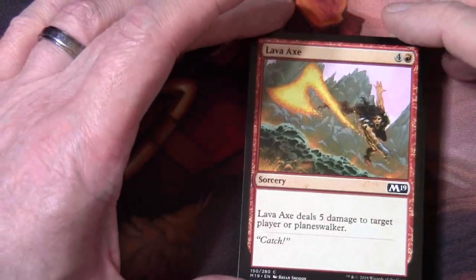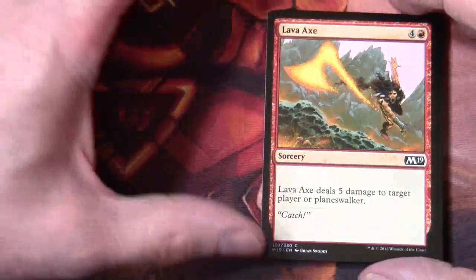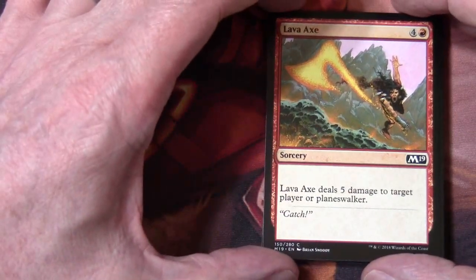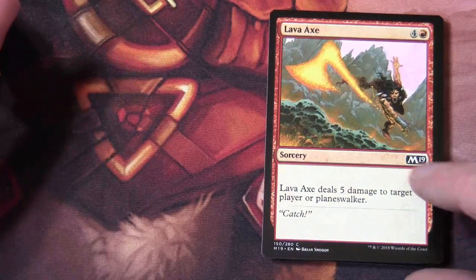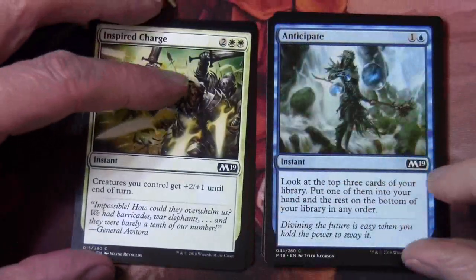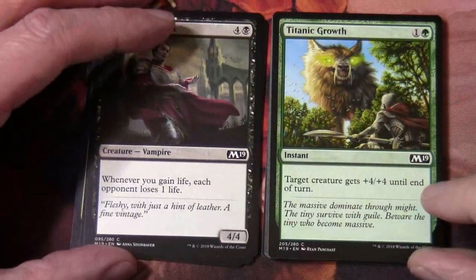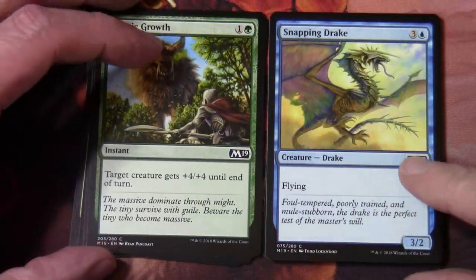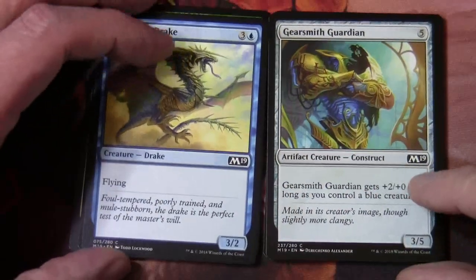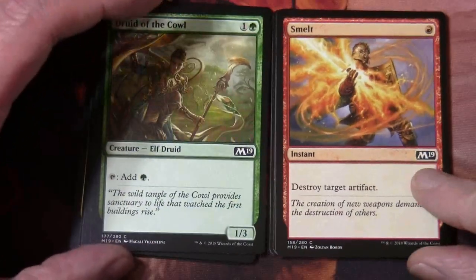I think these packs are now back to being the usual way around with the commons first. I think with the previous unboxing we did for the two-headed dragon themed set, they messed around with the order a bit. Okay, so Lavrax is in the set. Inspired Charge, Anticipate, Epicure of Blood, Titanic Growth, Snapping Drake, Gearsmith Guardian, Druid of the Cowl, Smelt is in the set,